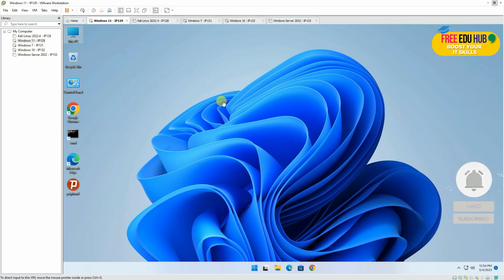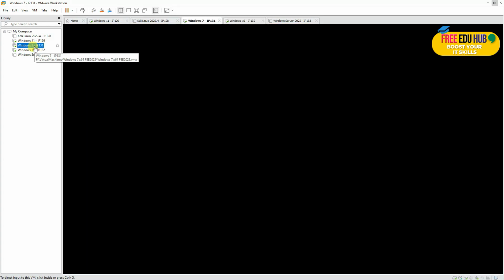Welcome to another lab on ethical hacking. Today we'll try to understand the default share behavior in Windows 10, 7 and 11. So as you can see, I'm using VMware Workstation and I have three virtual machines running: Windows 10, Windows 7